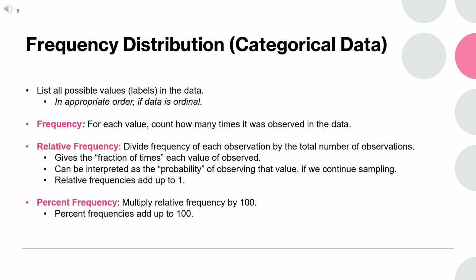Finally, we can convert relative frequencies into percent frequencies by multiplying each relative frequency by 100. This provides an easily interpretable percentage that indicates the share of each value within the dataset. Continuing with our example, if the relative frequency for Diet Coke is 0.16, its percent frequency would be 0.16 times 100 is equal to 16%. The total of all percent frequencies will sum to 100%, allowing for a straightforward representation of the distribution of categories